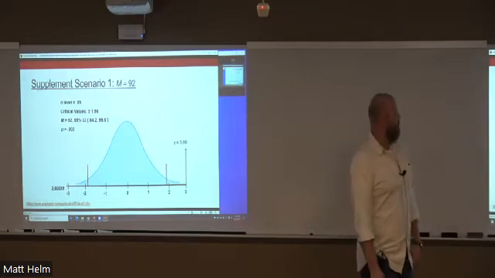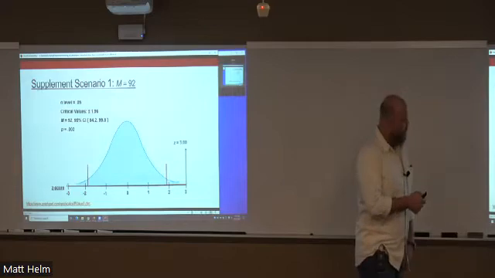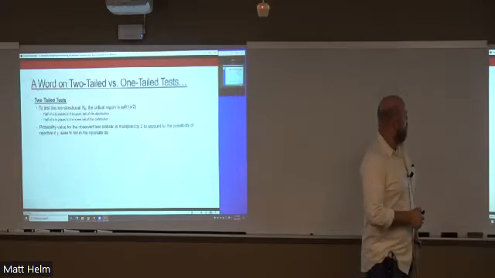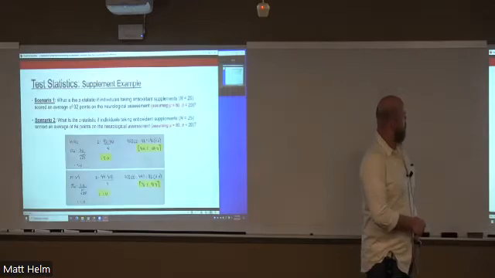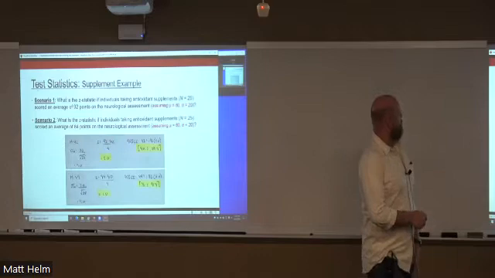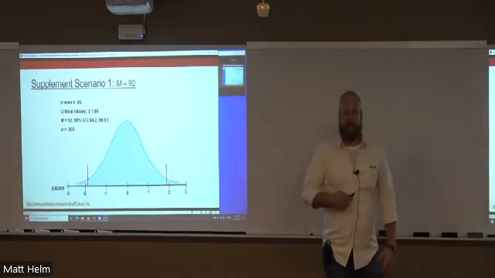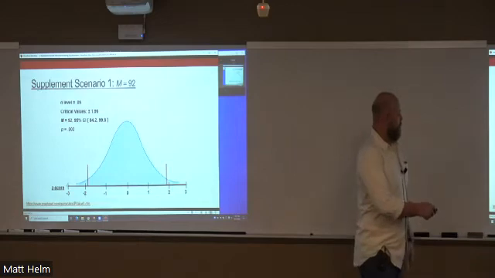If the population really is, in this situation, what are we looking at? Oh, antioxidant supplements. If the true population score for older adults taking antioxidants is actually 80, what we get should be in here. In this first example,